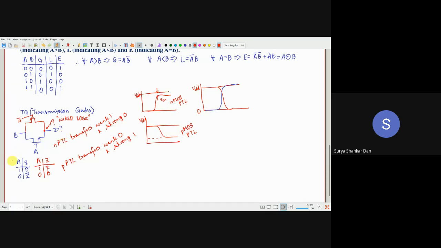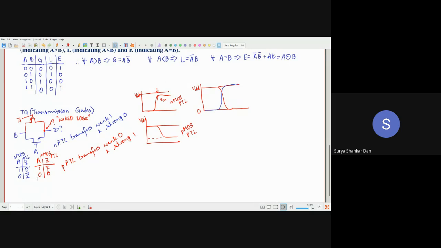In the previous case, when we were considering this individually, blue wala for N, this is for PMOS PTL. This is for NMOS PTL. Okay, यहाँ पर भी हम blue कर देते हैं so that you understand the difference. अरे, मैंने just गलत किया, इसको हम blue कर देते हैं. Okay, so just keep this in mind. I'm just doing rough work. I'm not making very fancy.